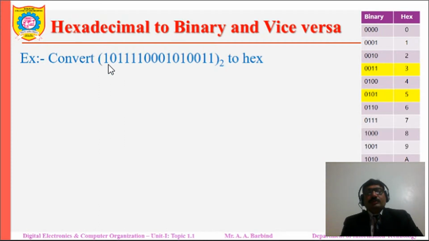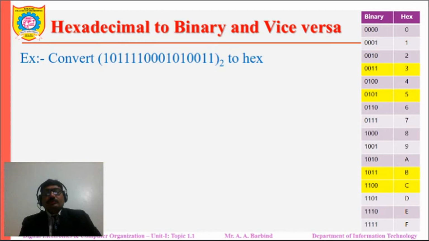So we have taken one example of a 16-bit binary number, and let us convert this number into the hexadecimal number system or the hex number. For this conversion you must have a table which gives you the hex number and its corresponding 4-bit binary number. In the beginning you may not remember them, so for you, as a ready reference, this particular table is available here.